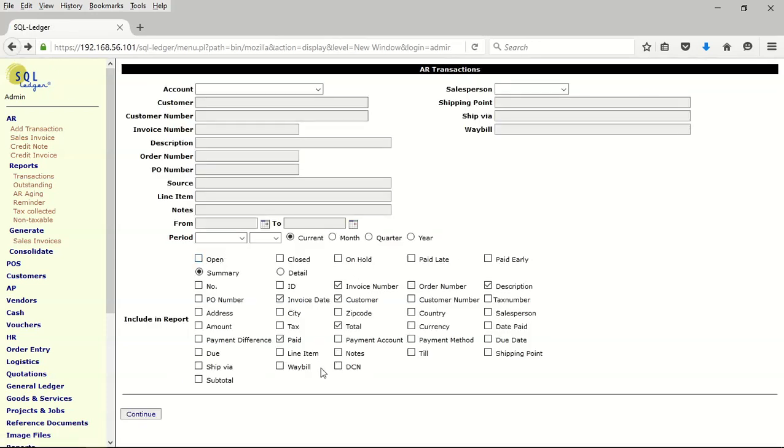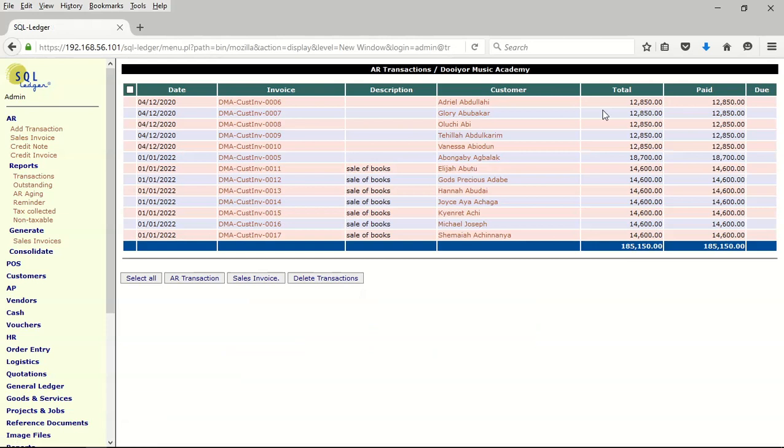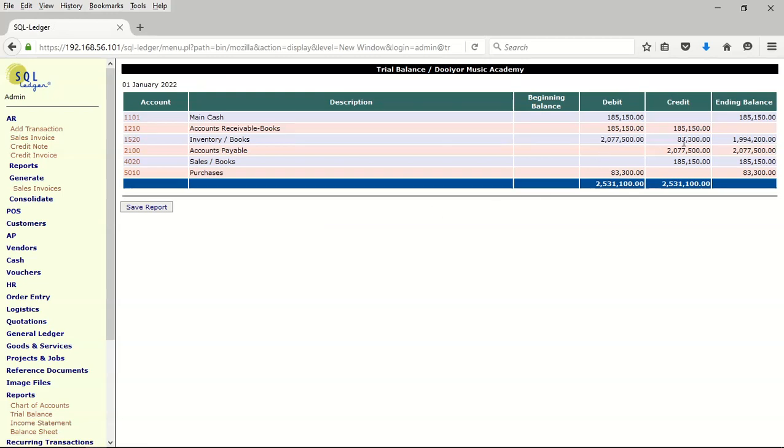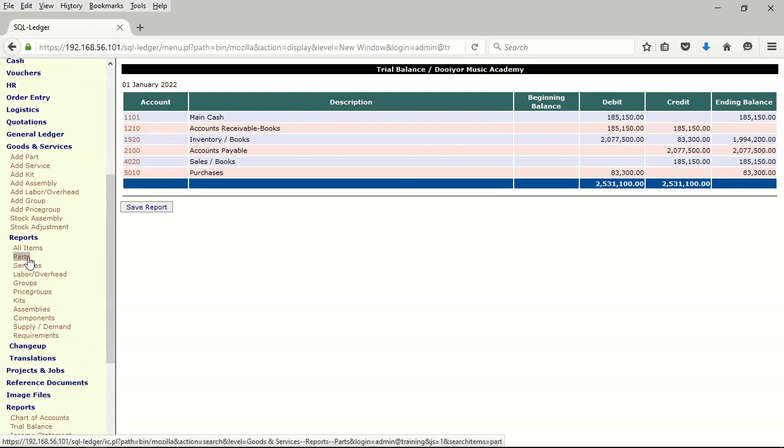But let's assume that I want to see those that purchased and have paid. You can see these are those that have purchased and they have paid. You can see they have paid the amount. There's nothing due. The report, our trial balance is also being built up automatically. You can see the sales that we have made and the cost of that sales, the quantity that is remaining. We can also go in and check the quantity that is remaining here by clicking on